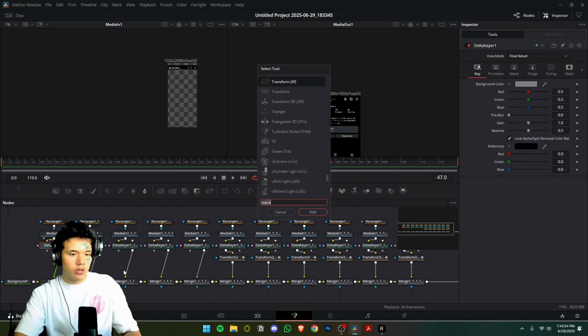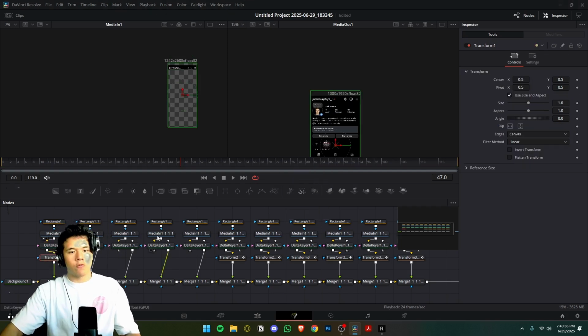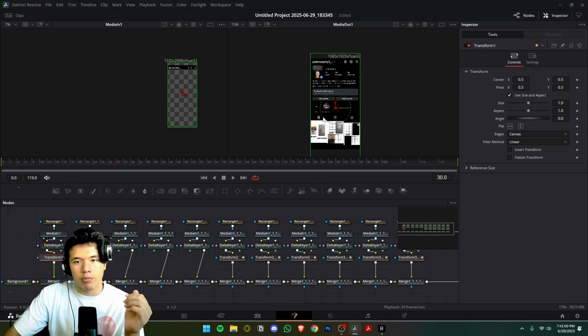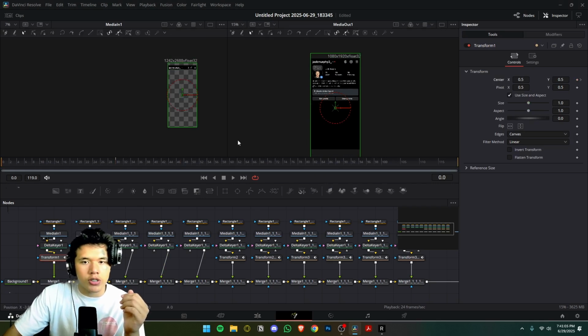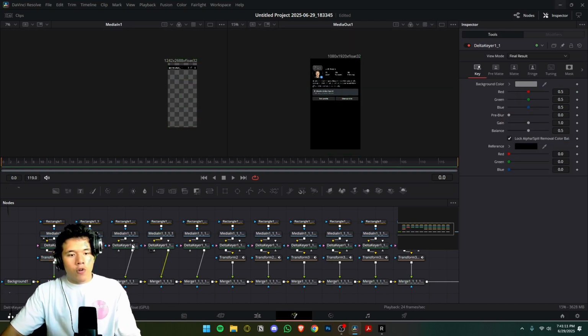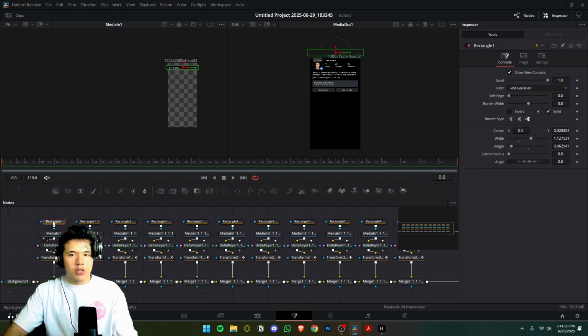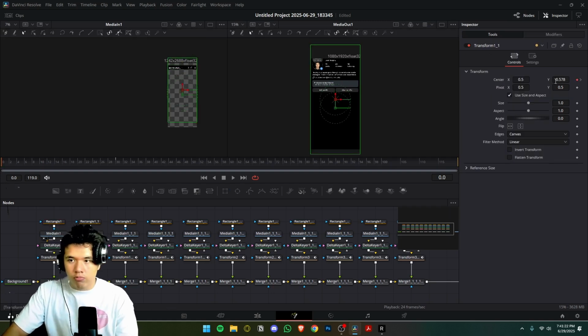So what I'm going to do is add in a transform node, go to frame 30, which I think is best in my opinion, keyframe that transform node, go to 0, and then just drag it up. Copy and paste that for all of them. Now you can see that it's not perfect. These guys are further away from the top than this one was. So you're going to have to adjust them, just bring them up until they're out of frame like this,